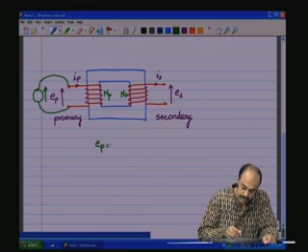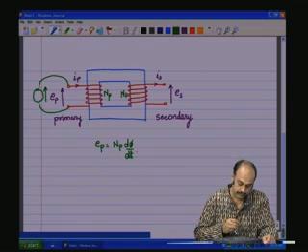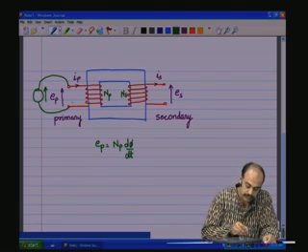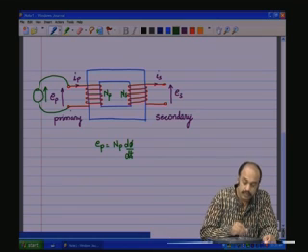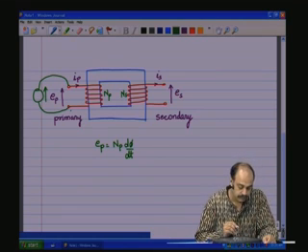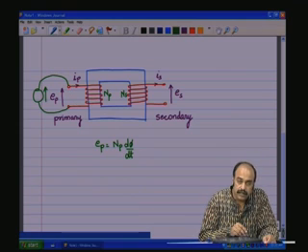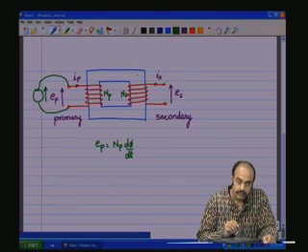So, EP will be NP d phi by dt. So, the voltage EP which is across the coil, which is applied from the source directly, as there are no other impedances, that should also be the voltage across the coil by Kirchhoff's voltage law, and that is driving a current IP. Now, this IP is setting up a magnetic field within the core,